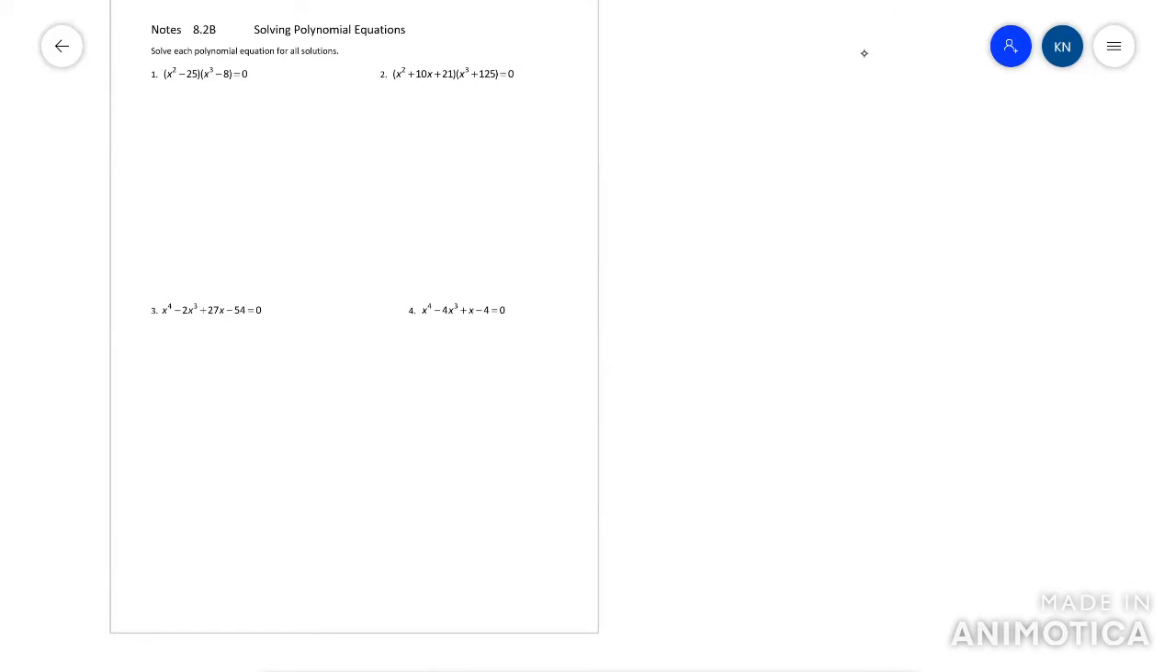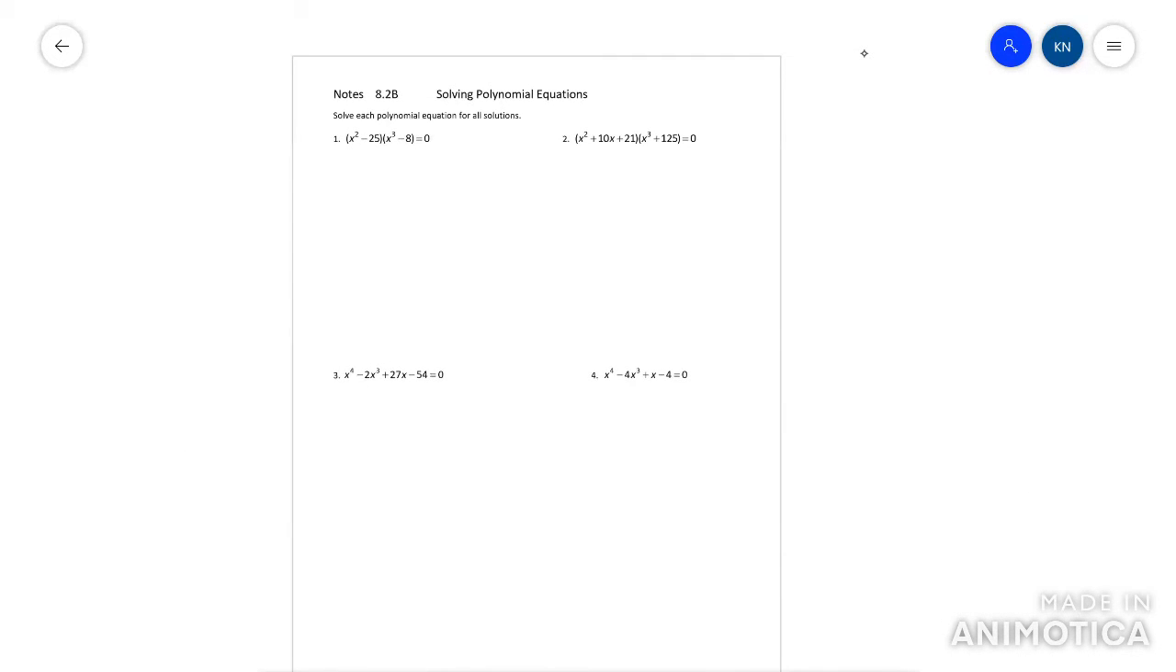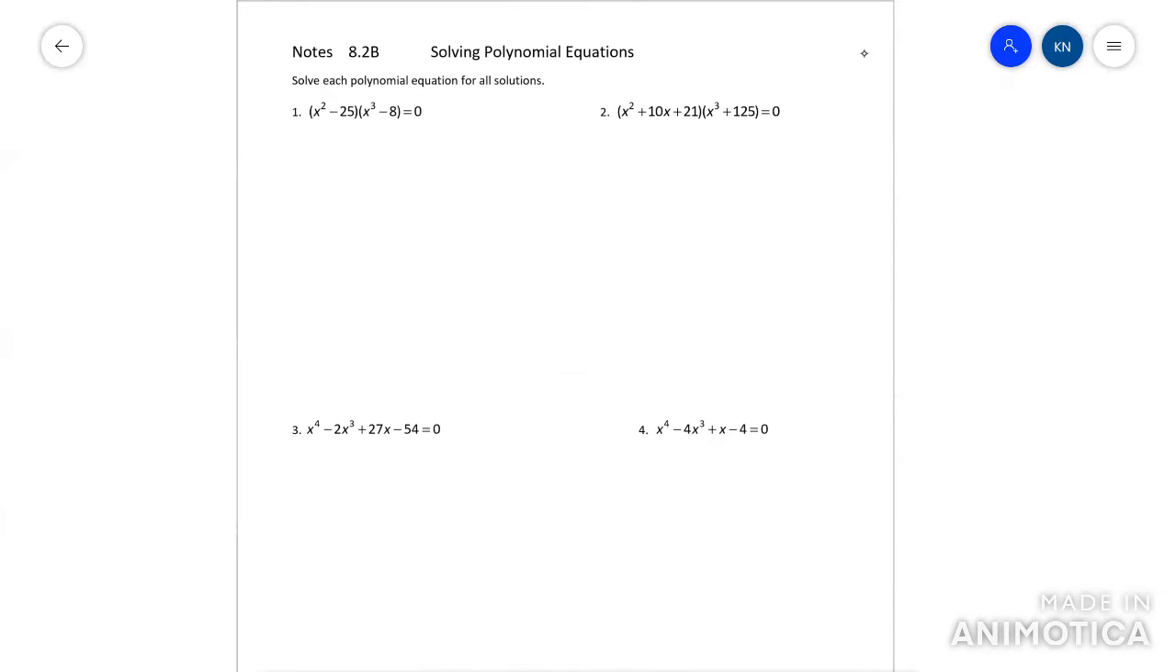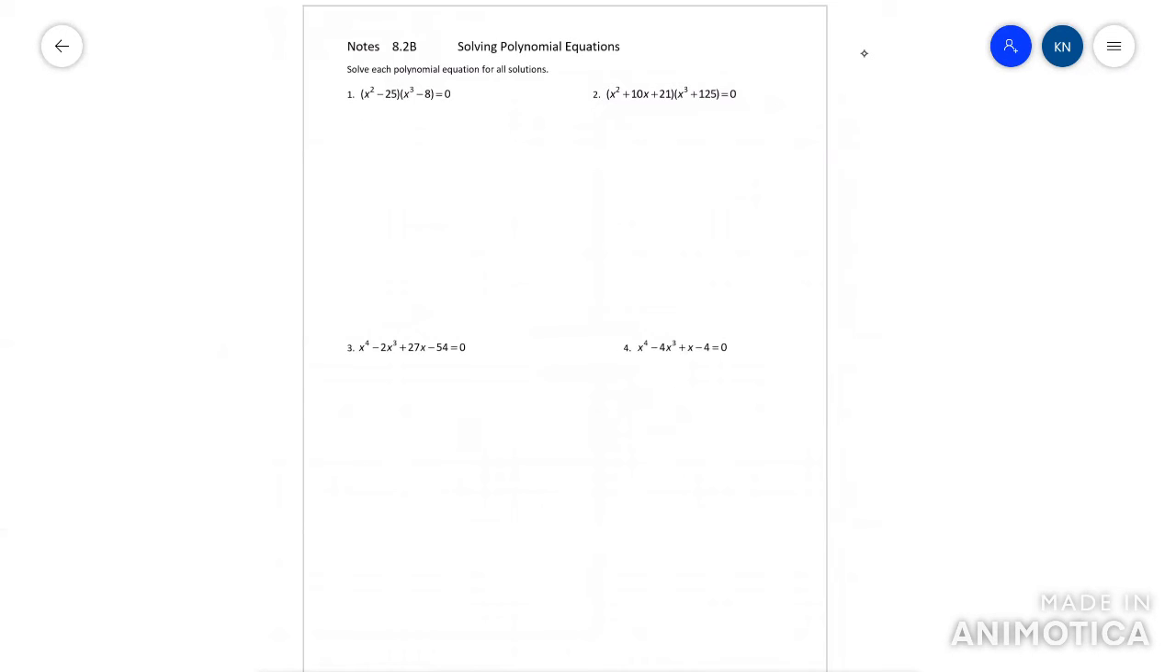All right, this video is going to go over 8.2b, which is more solving polynomials. And remember, the whole goal of this is to get it fully factored and set each factor equal to 0. So you should be thinking about that as you go through these problems. Factor everything fully. So like this first one has a difference of